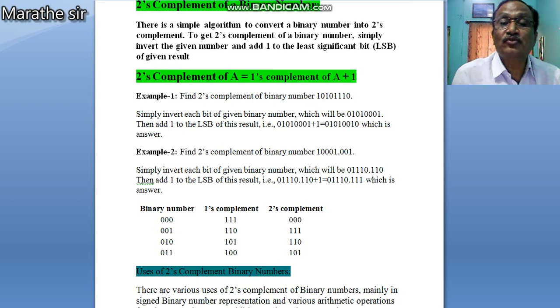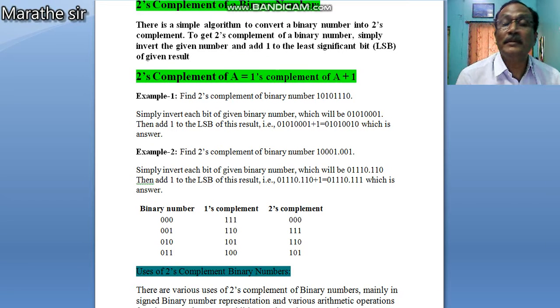So to get the 2's complement of any binary number, simply invert the given number, that is, replace each 0 with 1 and 1 with 0 of that binary number, and add 1 to the least significant bit, LSB, of that one's complement.